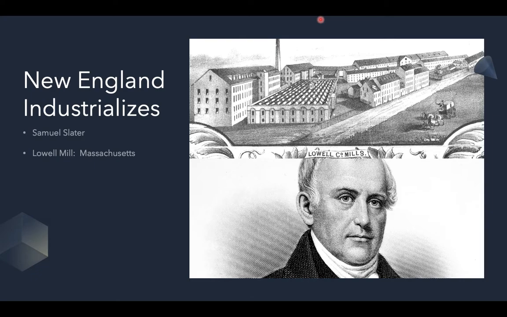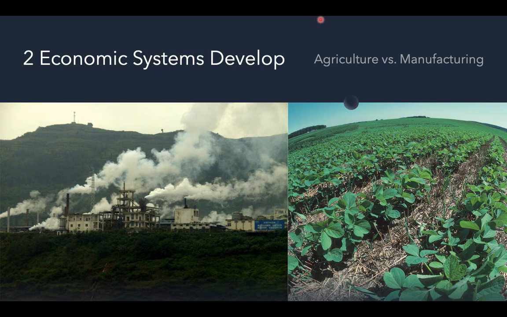You begin to see factories like the one at Lowell appear all throughout New England. Such factories were located near moving water, so you see a lot of factories near rivers, because the rivers could provide the power to drive the machinery through water wheels. These things in turn helped New England become the heart of the Industrial Revolution.